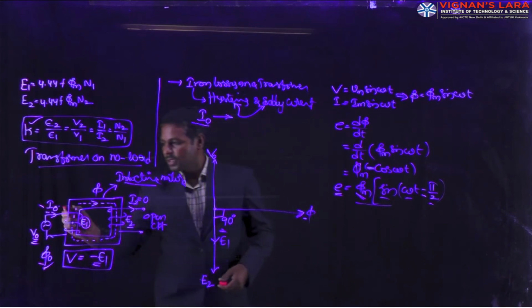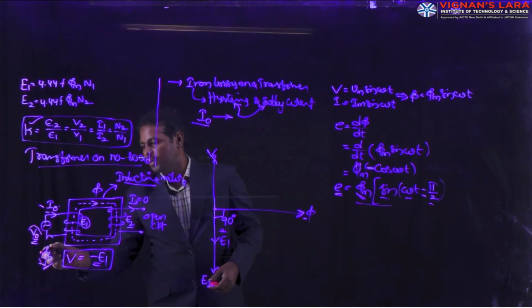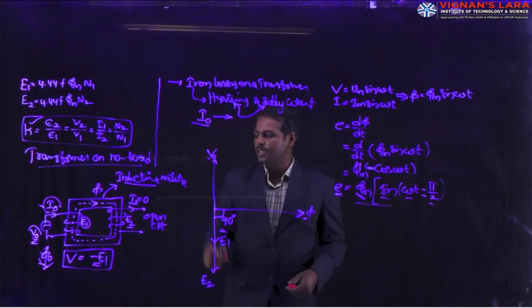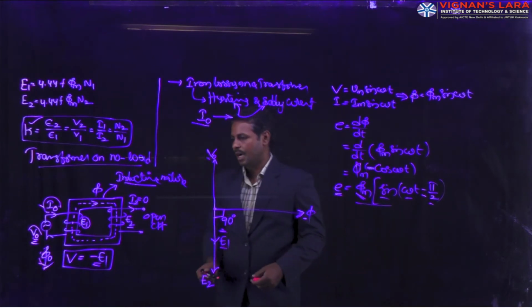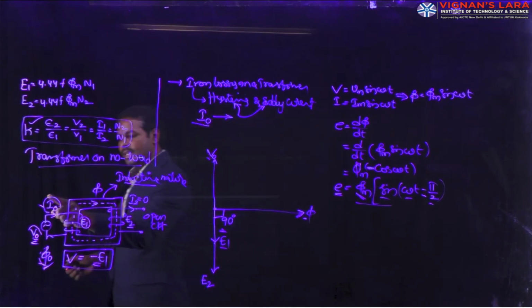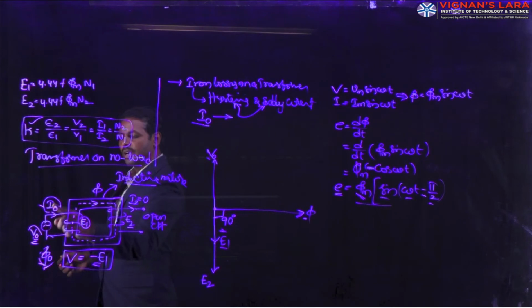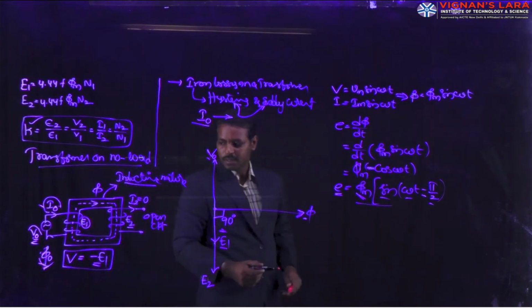First of all, we can find out the phi naught value. We can place the I naught, because V naught is already constant, and E1 is always opposite to V naught. Then we can easily identify the I naught value, and then we can differentiate V naught and I naught, which is replaced with phi naught.